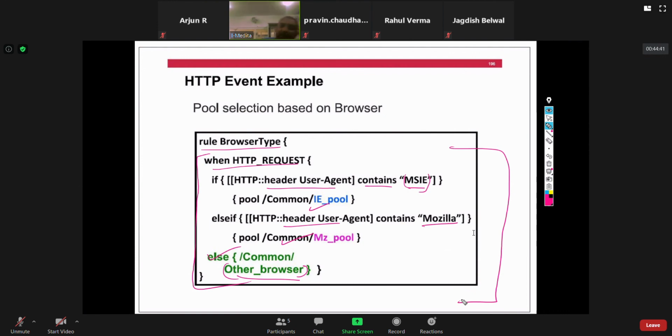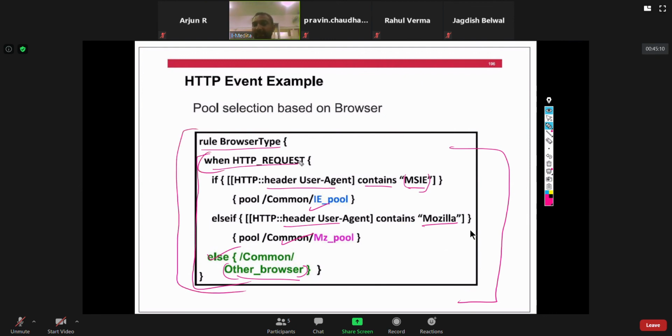So if you do not apply an HTTP profile to your virtual server, then this iRule will not be applicable for your virtual server. I have already told you that if you want your virtual server to inspect HTTP-based data, then it is mandatory to allocate the HTTP profile to your virtual server. That is how you can create the iRule.